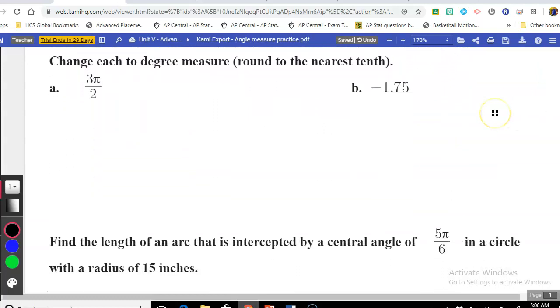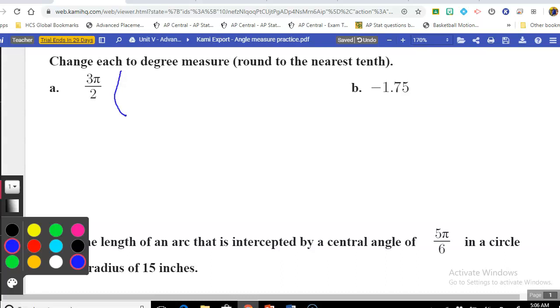We're taking our radians, and we want to convert to degrees. So we're going to put the radians on the bottom and we'll put the degrees on the top because we're trying to get degrees. So we'll put 180 degrees on top and we'll put the pi on the bottom. So what happens is we have 3 times 180 is 540 pi